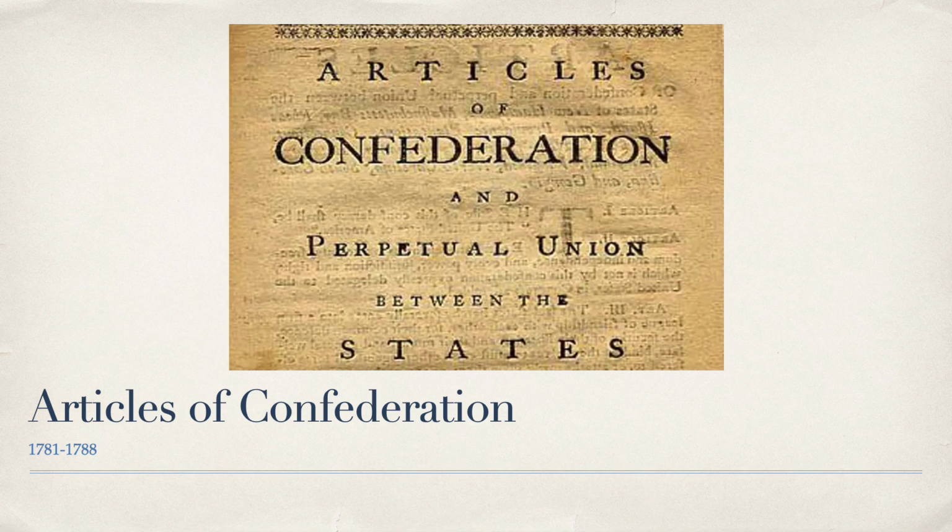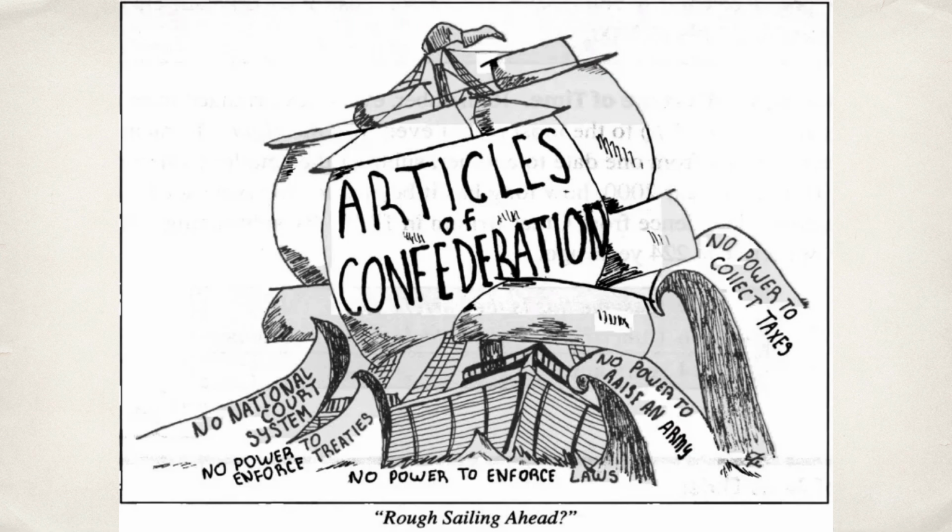Basically, under the Articles of Confederation, they limited the power so much that it was hopelessly impractical and ultimately failed. Because of these issues and more, Virginia in 1786 invited representatives from all the states to a convention in Annapolis, Maryland. We also see the influence of Shays' Rebellion. We have Daniel Shays, who was a former Army captain, and he led a mob of debt-ridden farmers in an effort to prevent the foreclosure on their land. They attempted to capture the federal arsenal at Springfield.